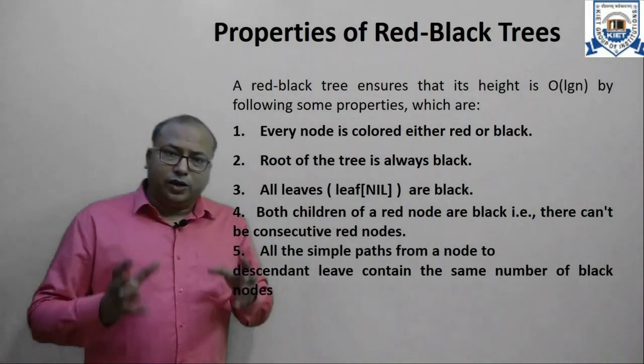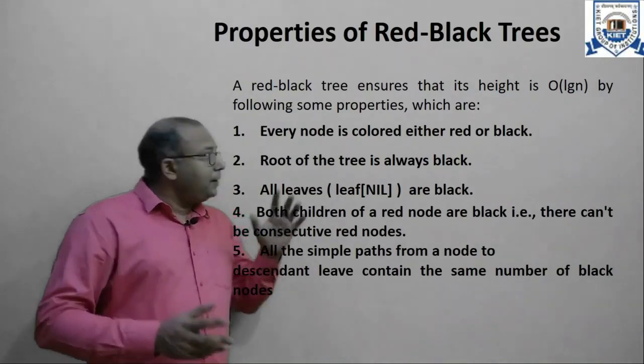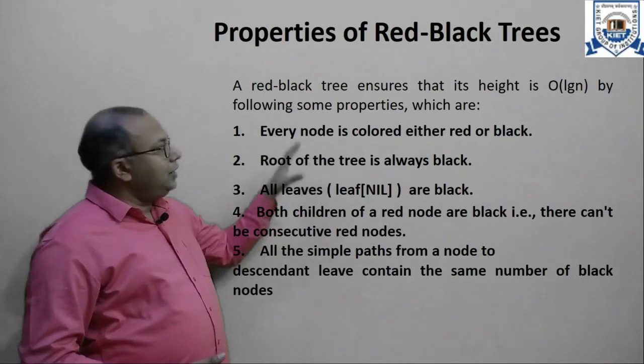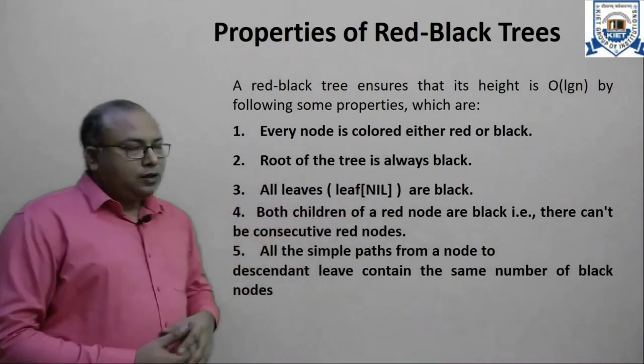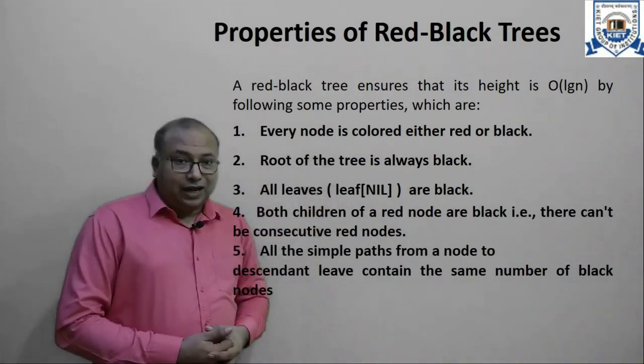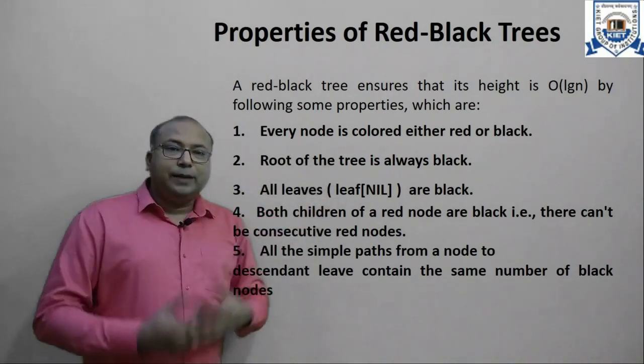The color of the root will always remain black. And property number 3: all leaves are black. Either we say leaves, or we can also say the leaf nil. What is the leaf nil? Basically,